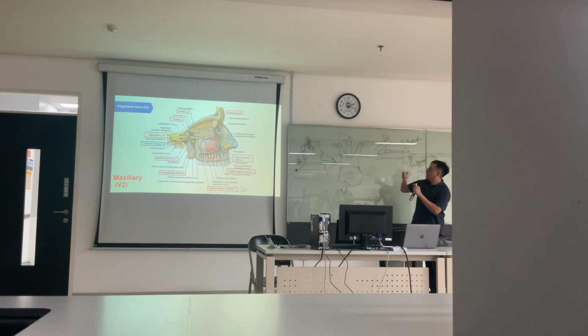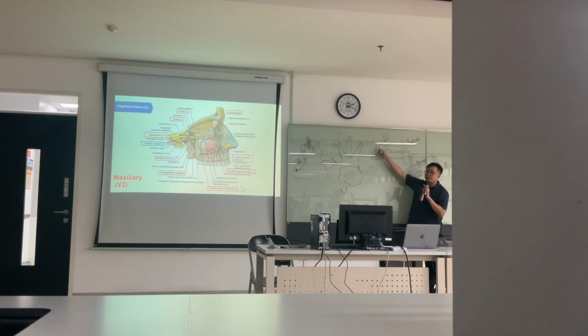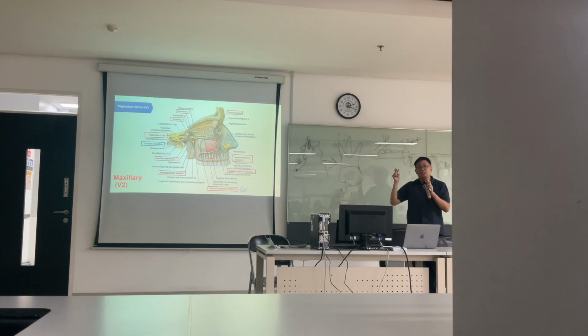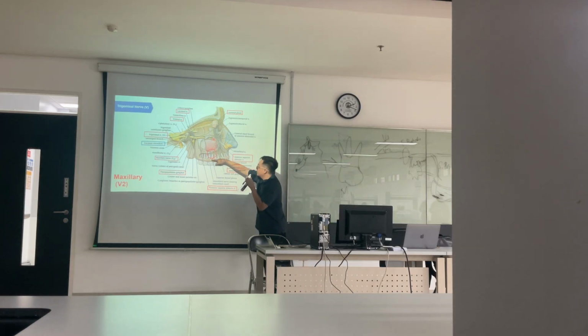So the distal buccal and palatal roots are innervated by the superior posterior alveolar nerve. But the mesial buccal root is innervated by the superior medial alveolar nerve. So this is special only in the first molar of the maxilla. Okay? If you look in the picture, it's like this. I think you have Netter, right? Yes. You can check like this.